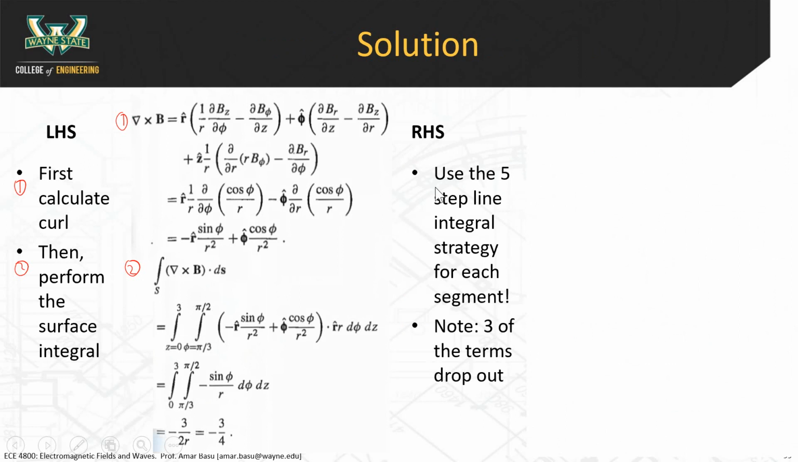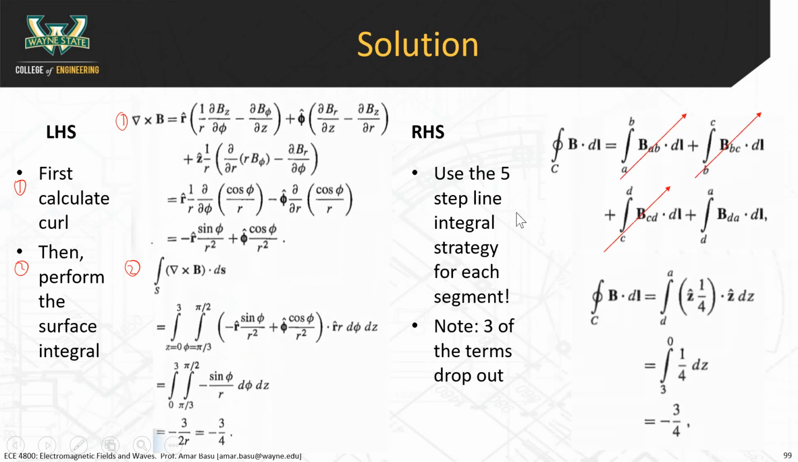Okay, now the next part, the right-hand side of the equation, is you have to figure out B dot dl. Now this part, you have to do a 5-step line integral strategy for every single segment. In our example, we did a line integral, and I showed you the 5-step process for doing a line integral. Now, if you want to figure out the circulation using the right-hand side of the equation, you have to add up the line integral